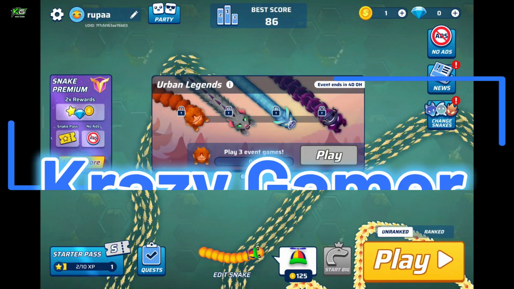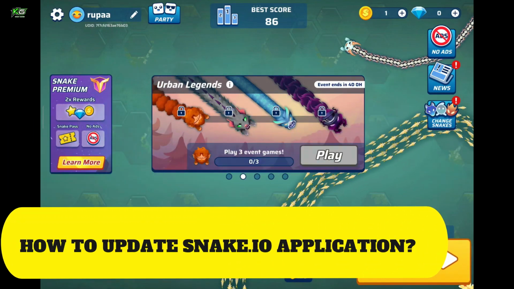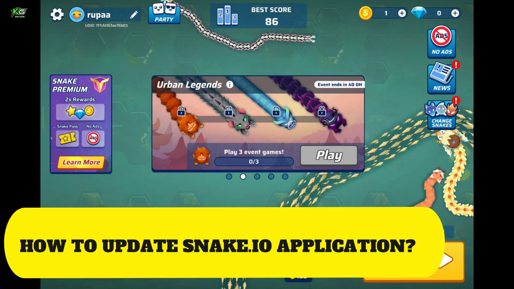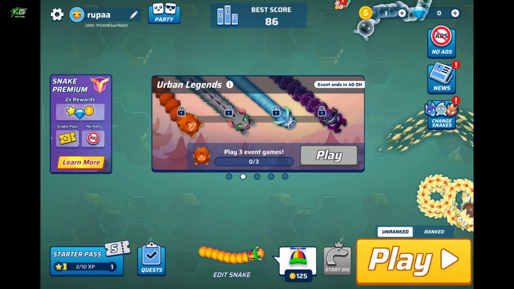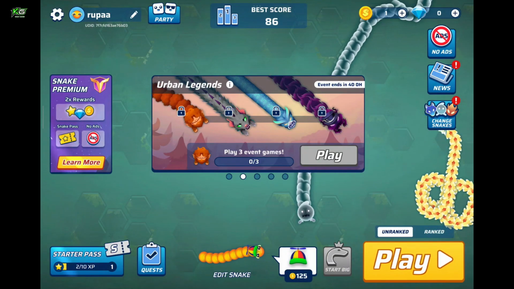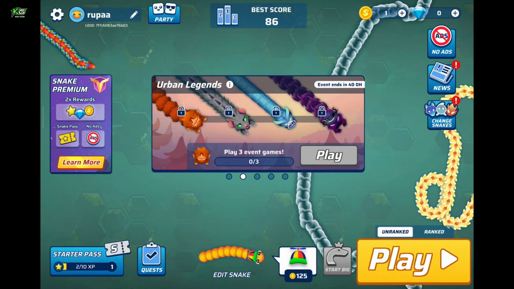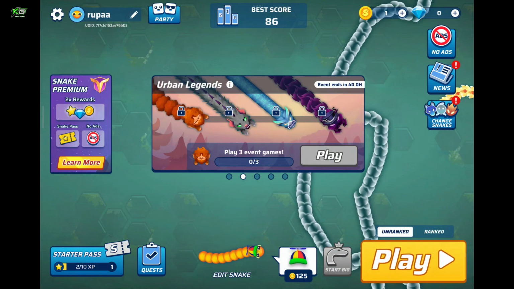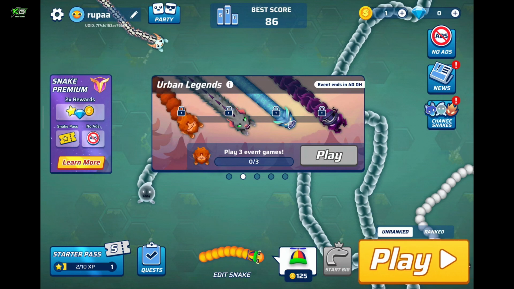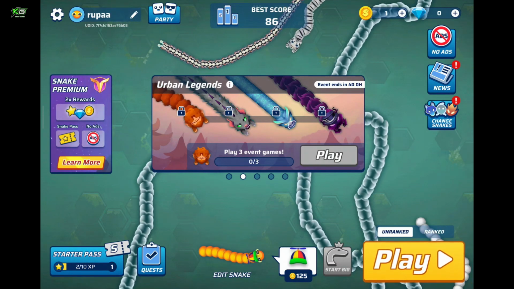Today in this episode we will be learning how to update Snake.io application on your Android device. Even if you are using iOS, this process will guide you through the correct steps. Let's follow along. First of all, make sure that your device is connected to a stable internet, and once it